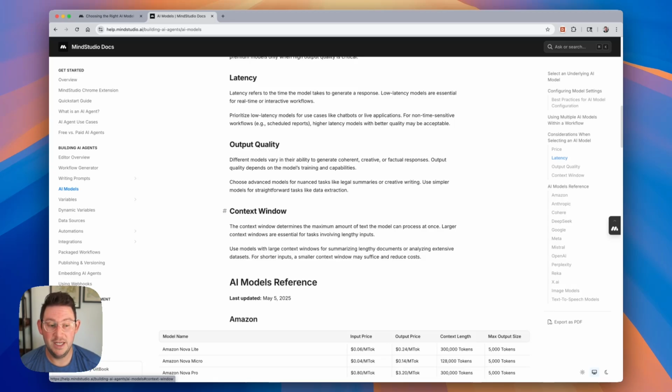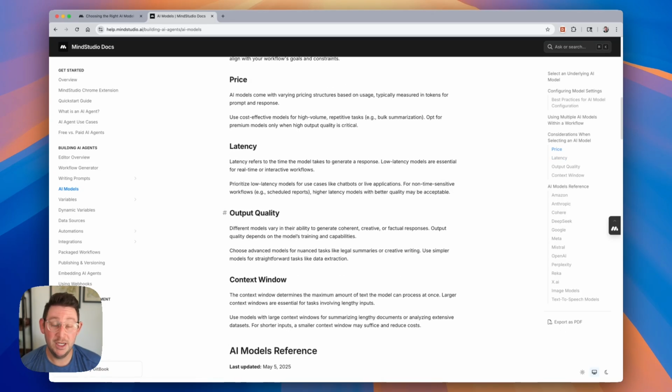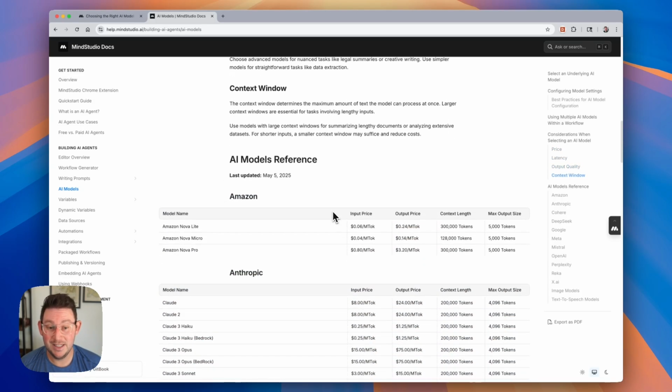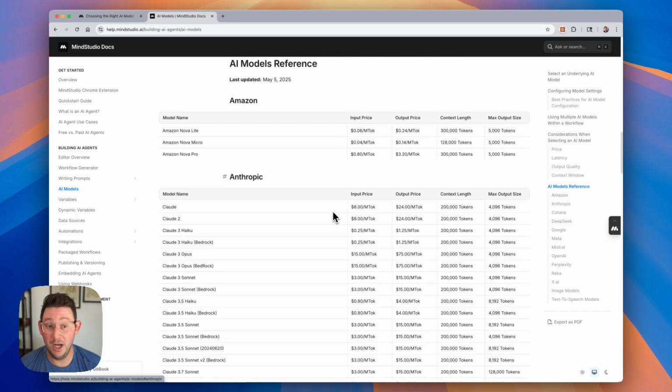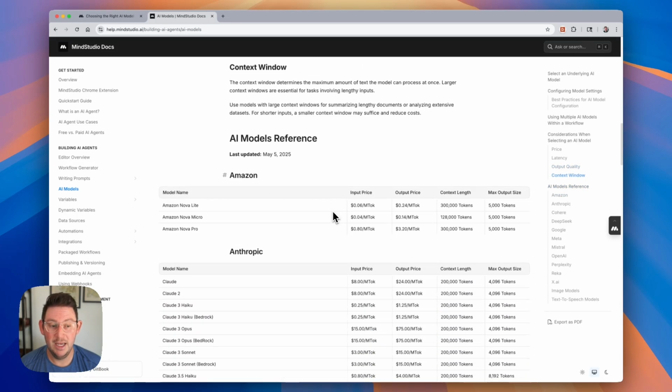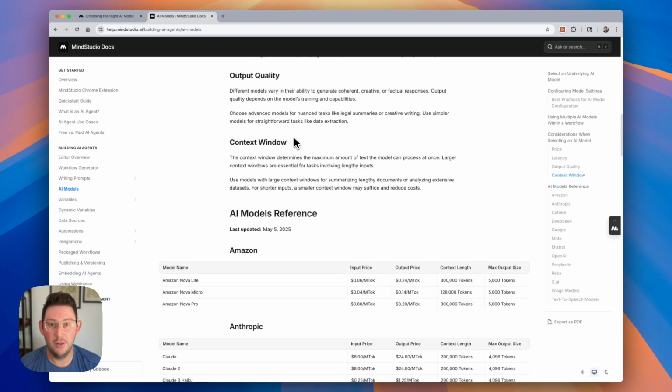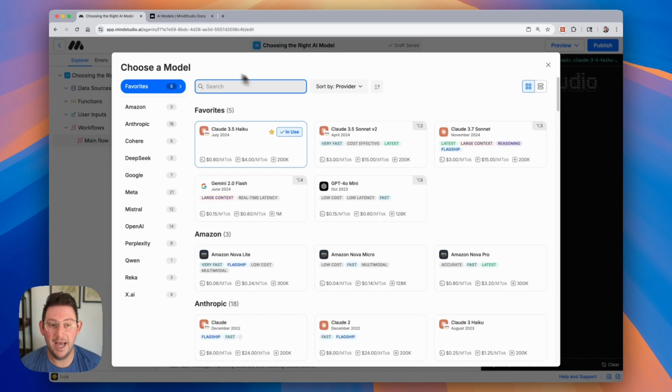We'll look at all of these in just a second, and I'll give you some examples of some models that are proficient in some areas and some that are not in others, so that you can make that determination for yourself. You can also find a full list of all of our available models inside of our documentation if you'd like to compare and contrast models to one another,